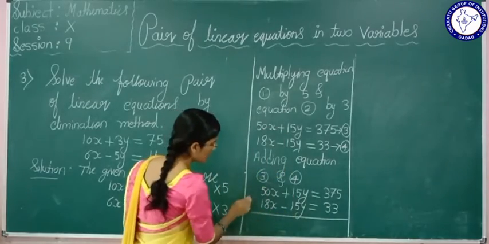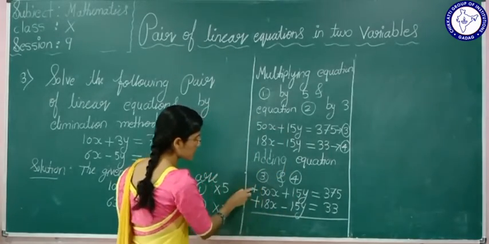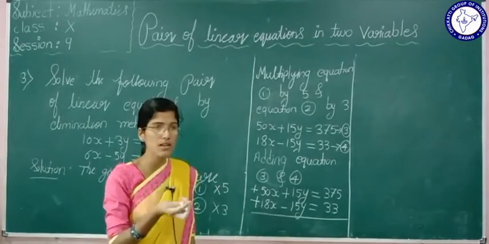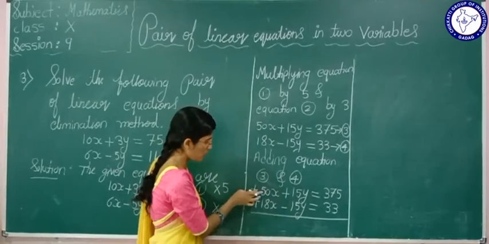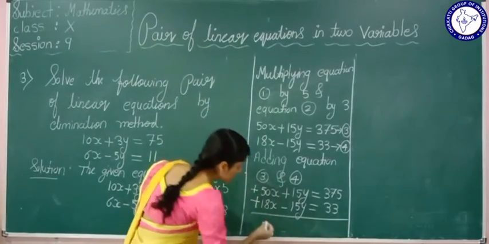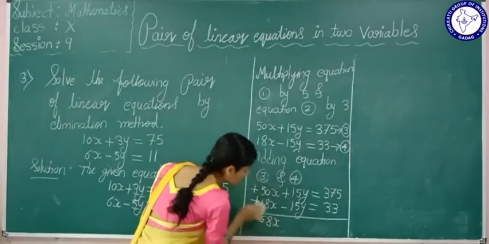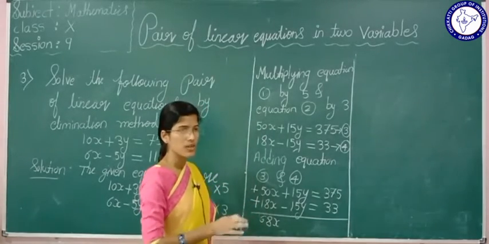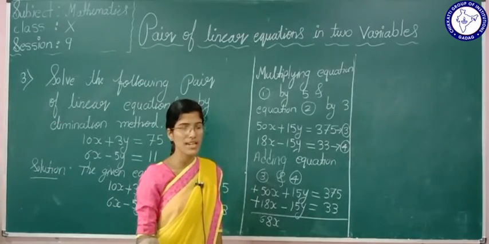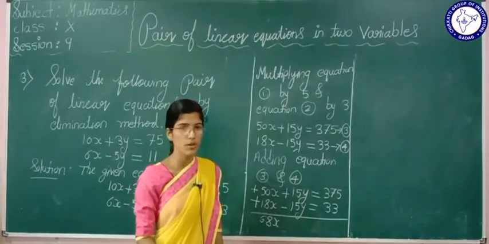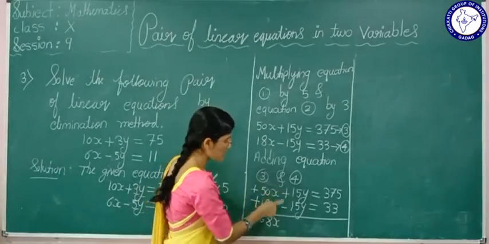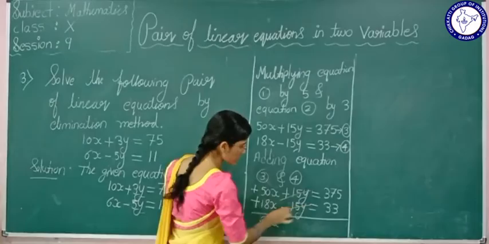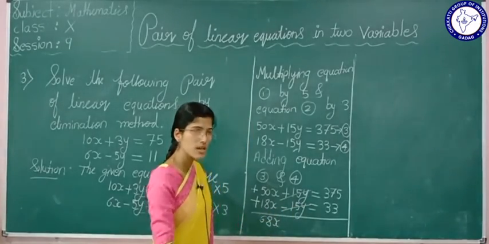Now see here, plus is there, no? Plus is plus. Whatever operation I am saying, we have to perform that. What is 50 plus 18, students? It is 68x. Which is the bigger number here? 50. 50 has a plus sign. If you add two numbers with plus signs, definitely that number will be a positive number only. Now see, plus minus is minus. 15 minus 15 is 0. This will eliminate. We are going to eliminate this.